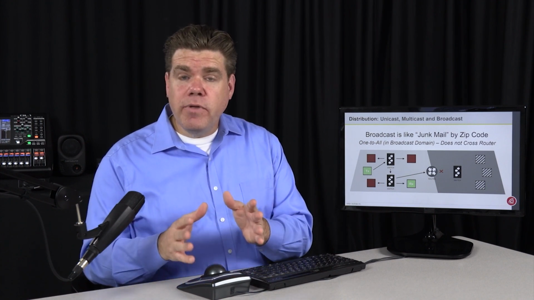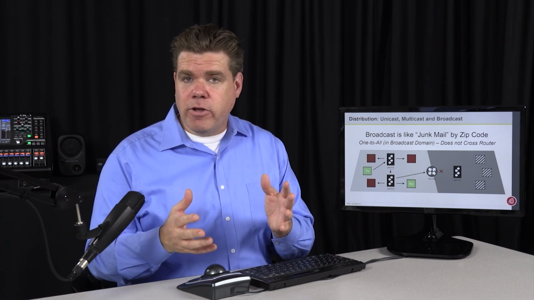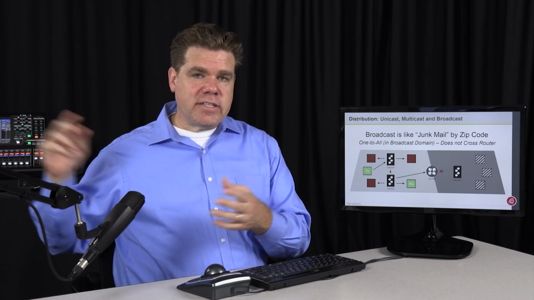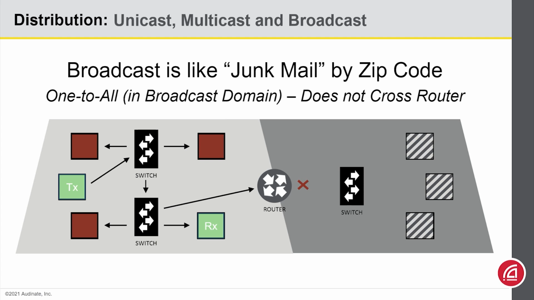That means when your computer at home sends out a DHCP request, it stops at the edge of your home. It doesn't go out across the internet to every system in the world. Now, when we're sending large messages, the problem with broadcast is that it goes to every device on the network. Most likely, that means a lot of devices are getting data that they don't want, and we could quickly overwhelm the port speed of those devices.